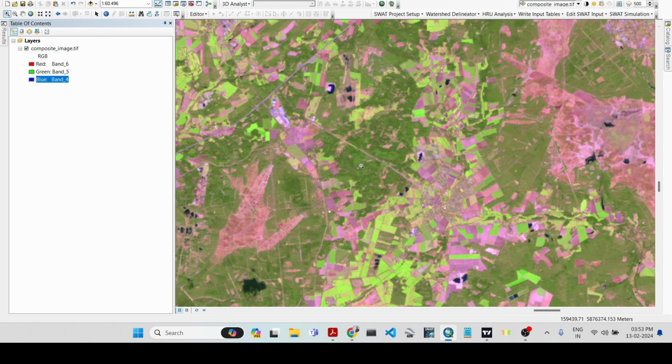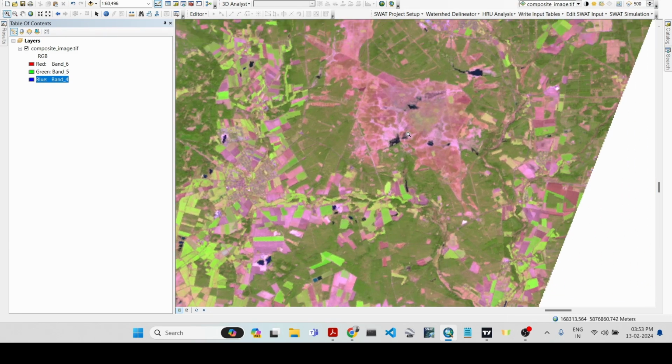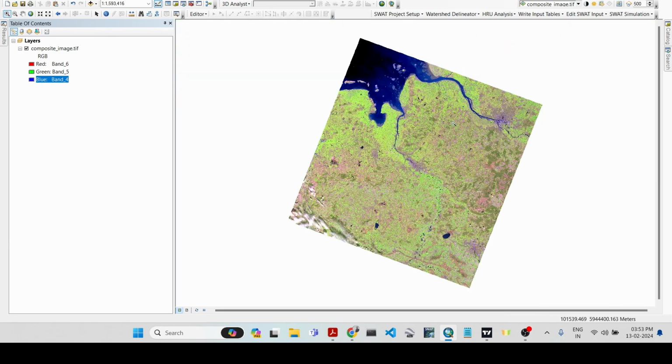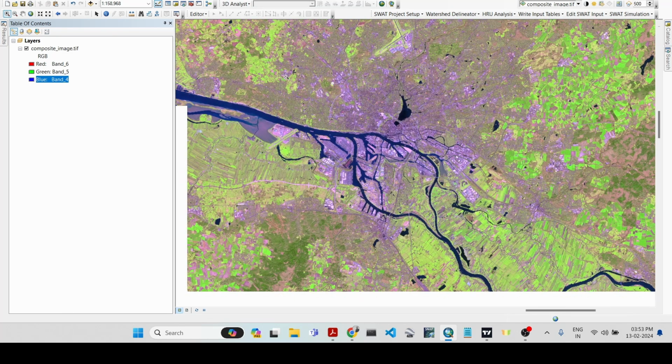These are very dark green. Compared to that, this is probably agricultural land. This is light green, and these are probably some bare soil which is brownish or pinkish or mauve in color. And the water bodies around here are also very clear. And if I zoom in this area, this is the